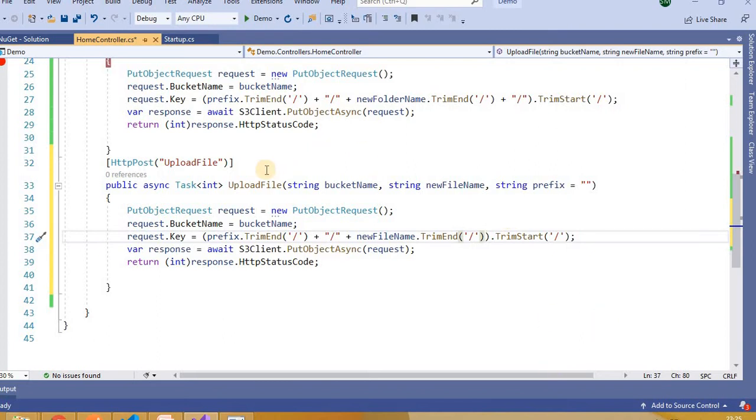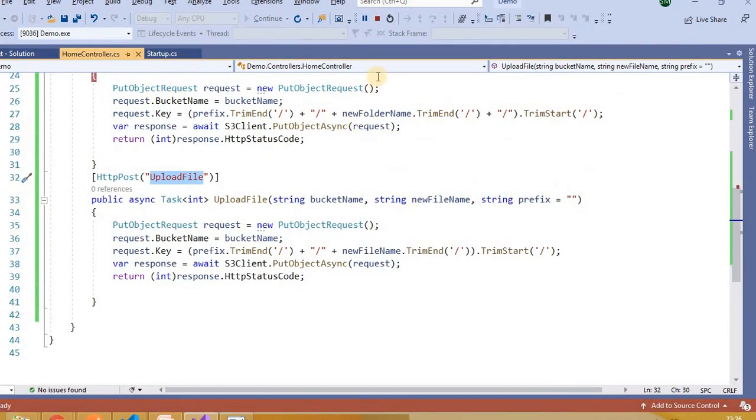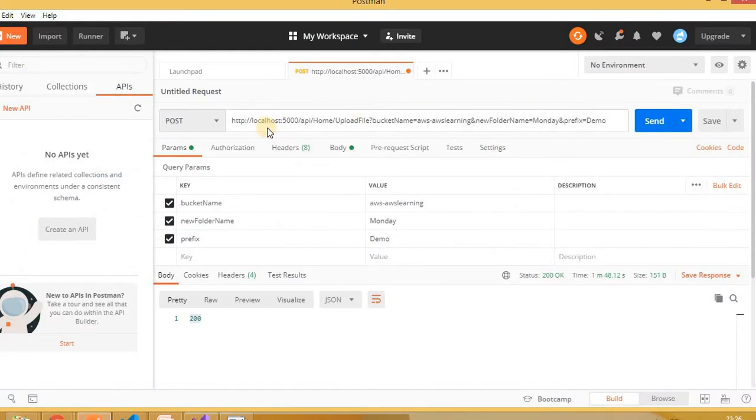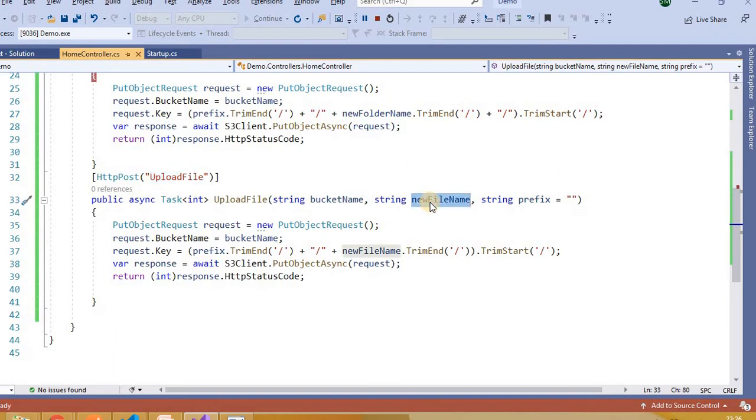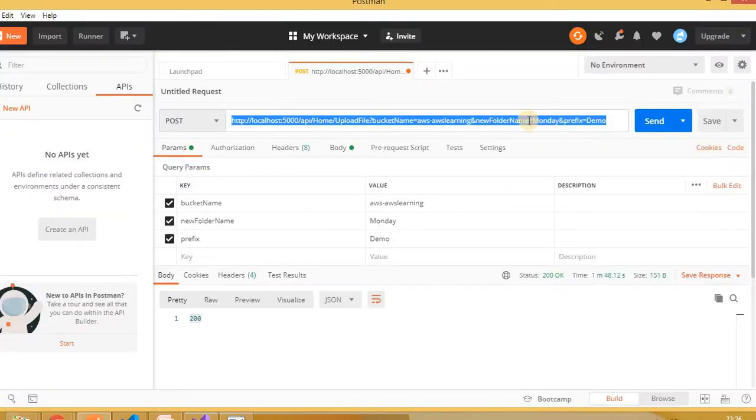Now let's try this method. Let's run the application again. The application is running now. Move to Postman. Here I will put one POST request to upload the file inside this bucket, and another parameter I used here is the new file name. Let's provide any new file name here.